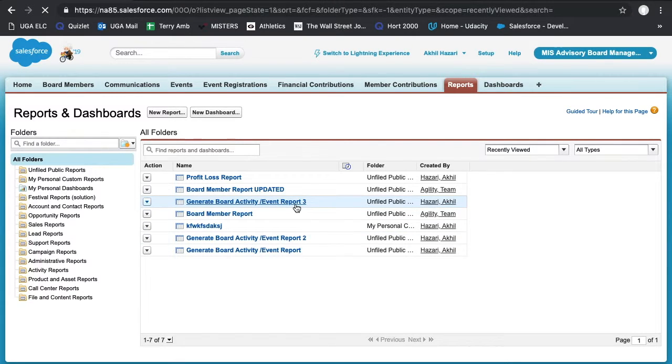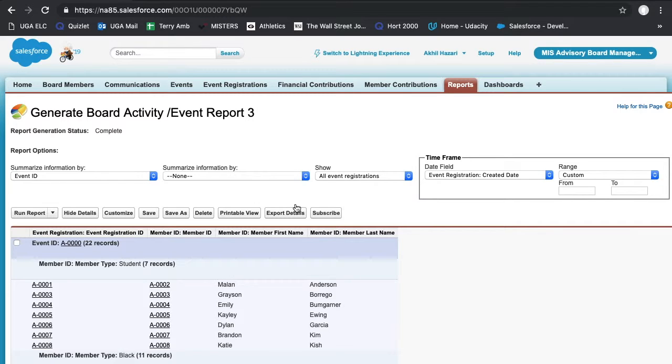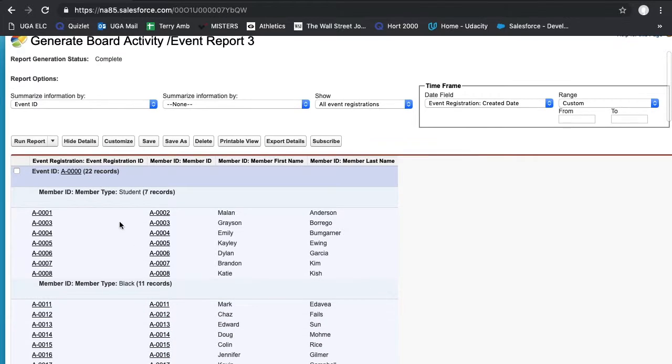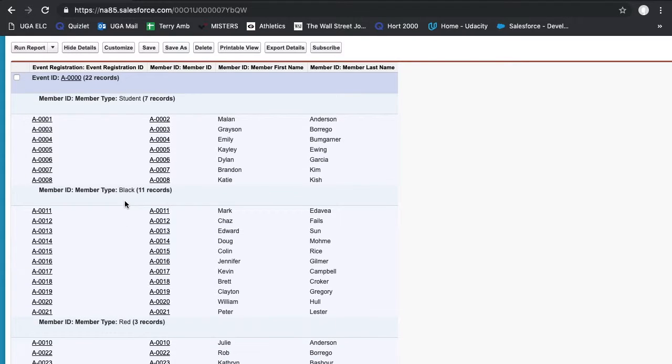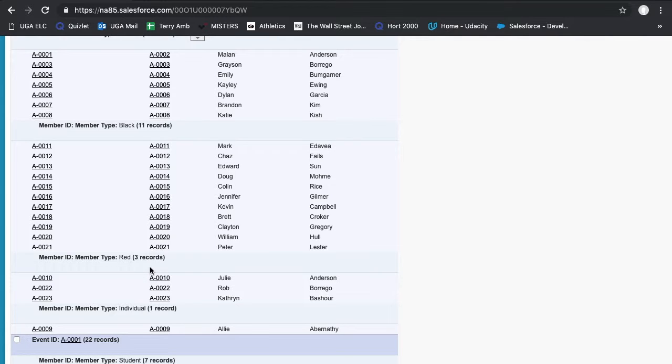This is the Generate Board Activity and Event Report. In this report, what we've done is we've listed all of the events that have happened in the past thus far, and each event is then further subgrouped into the member type of those who attended. So here we can see for our first event, we had 7 students attend, 11 black level members, 3 red level members, and 1